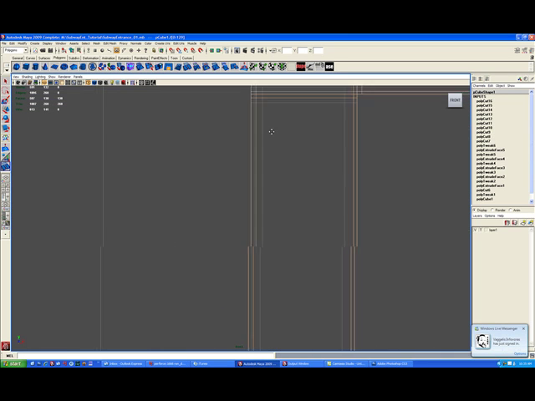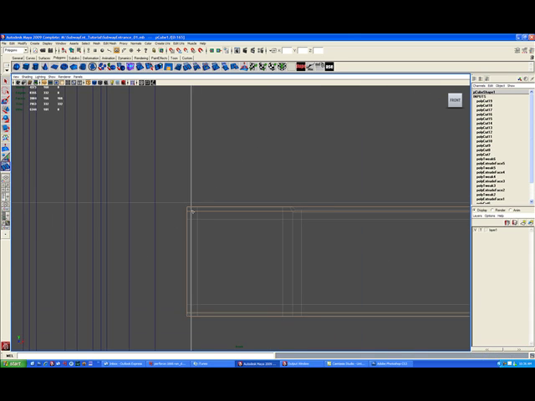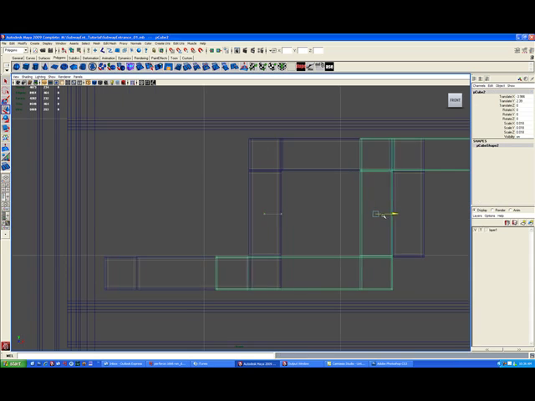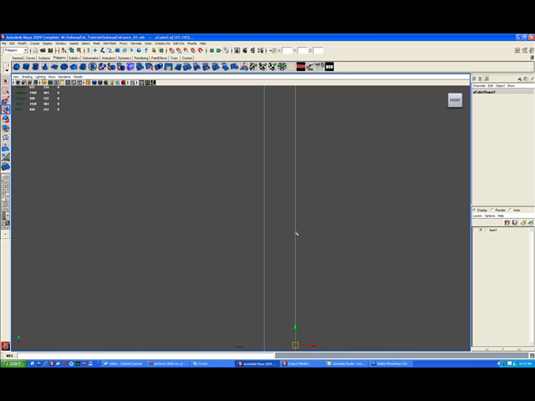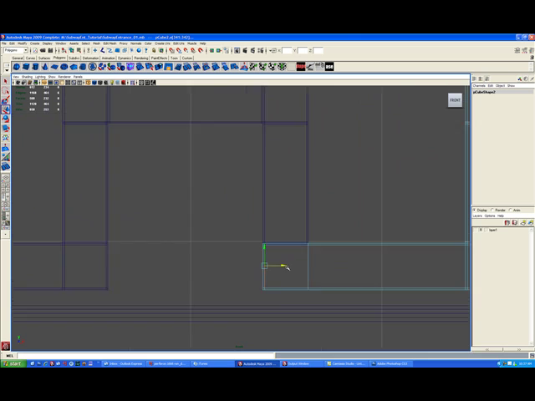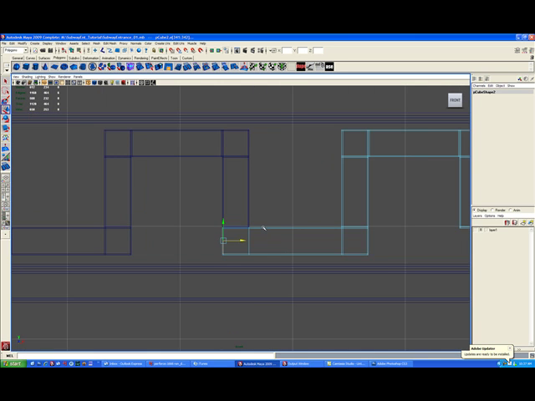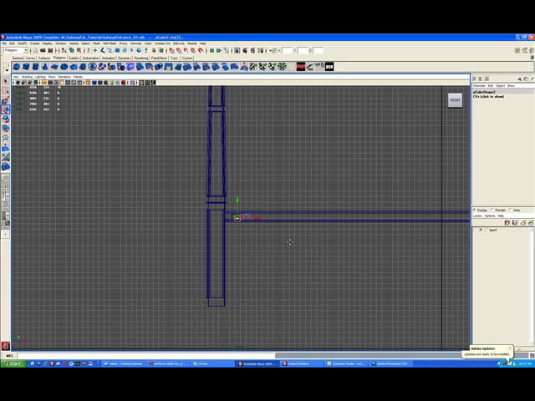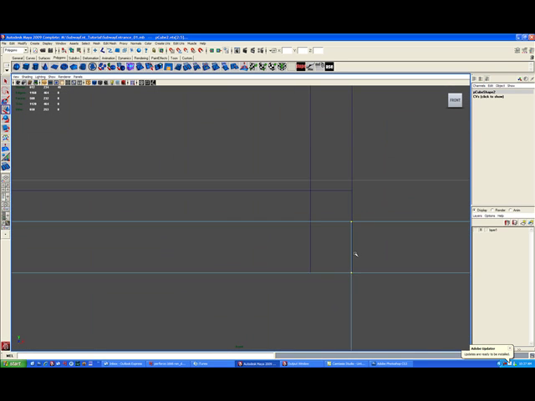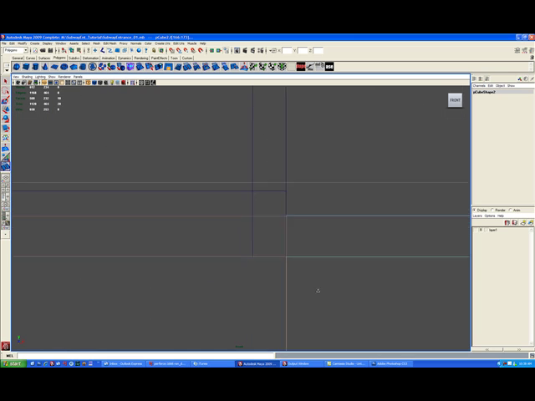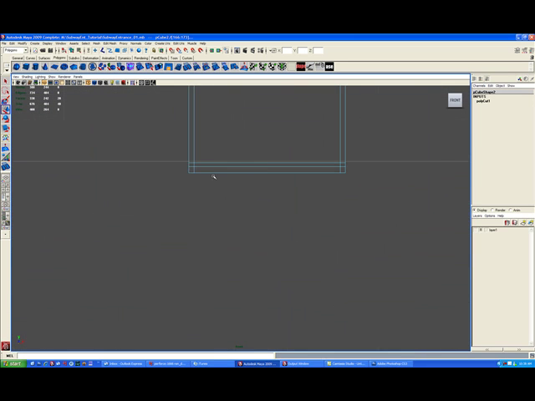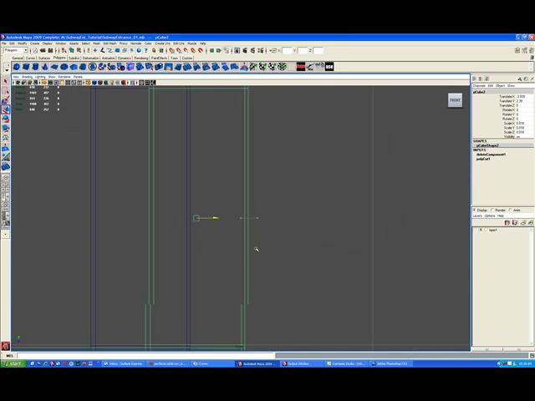And then what I'll do is I'll duplicate it as a special duplicate, which is Shift D, and what that does is it moves it along. It moves it the exact amount that you moved it manually, as many times as I hit Shift D after that. So what I did now is I just duplicated it, moved it down to line it up where it will eventually join up with each other when I weld them. Just so I can adjust the edges here, make sure they do line up. And what I'll do is once I've adjusted these edges here, I'll move this one back over top of the original and delete the original. And then, like I said, I will